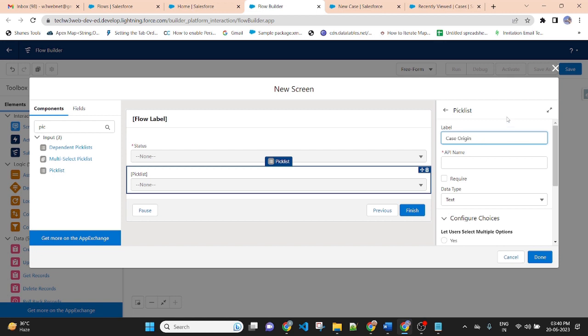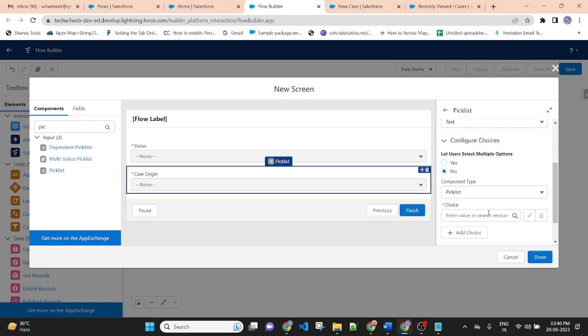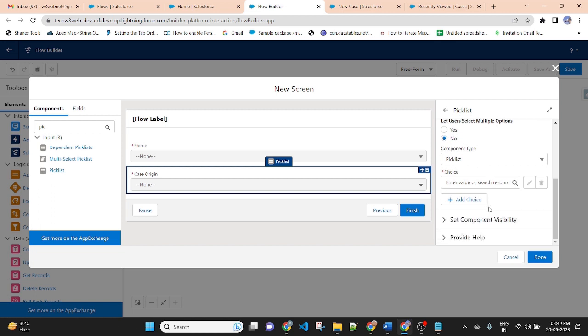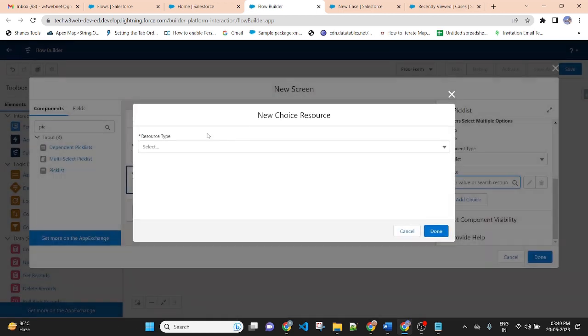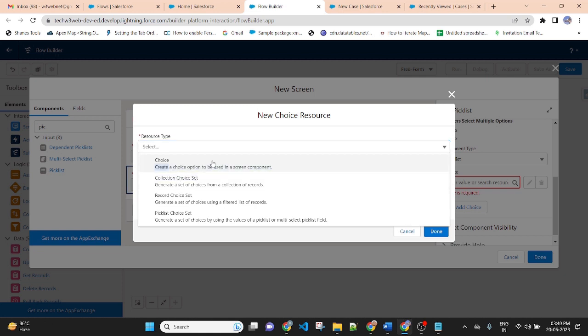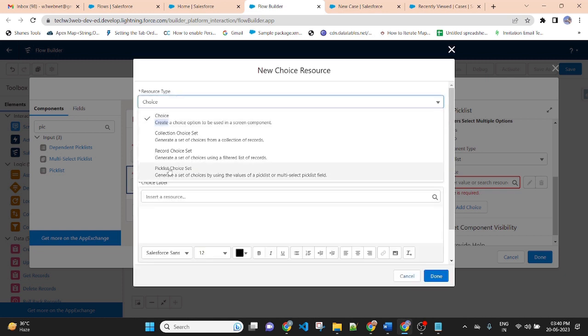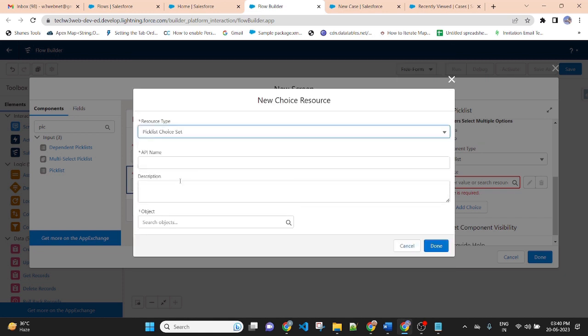Another picklist value is case origin. Label name case origin, API name case origin. It is also required and it is a picklist value. So select the option, picklist value, coming from the case object. So I am creating a choice picklist, choice set, case origin.